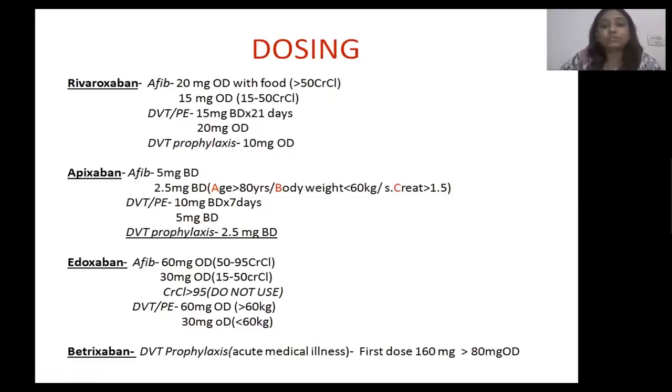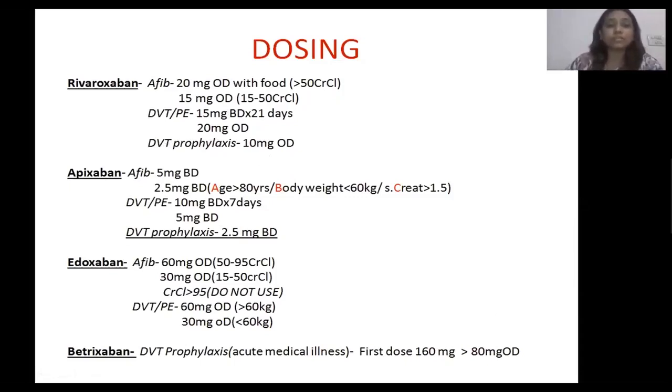Rivaroxaban is used at a dose of 20 mg OD with food if the creatinine clearance of the patient is more than 50 ml per minute, and it reduces to 15 mg OD if the creatinine clearance is between 15 to 50 ml per minute. Below 15 ml per minute, rivaroxaban is not recommended. The most commonly used indication is DVT prophylaxis, and rivaroxaban is used at a dose of 10 mg once a